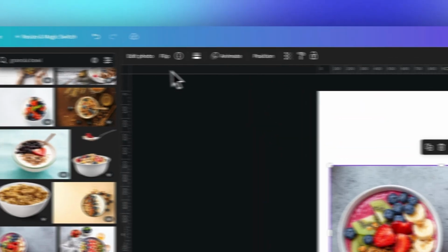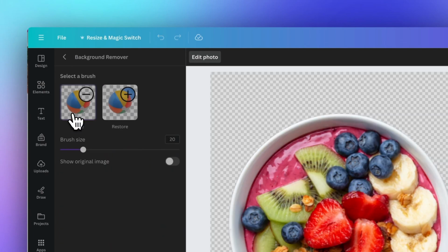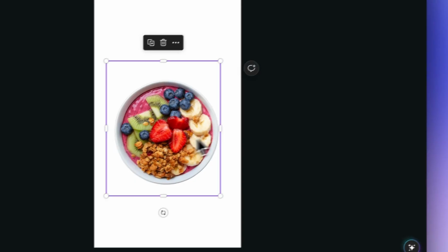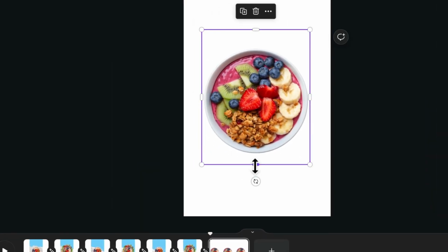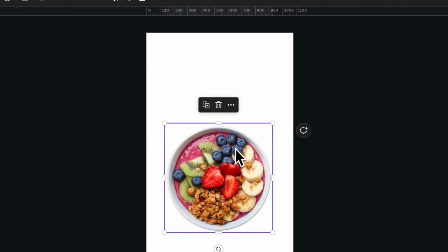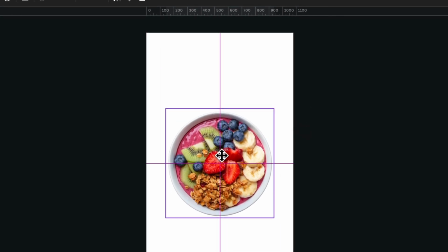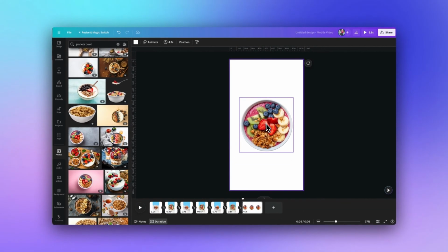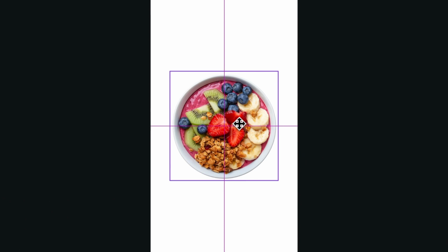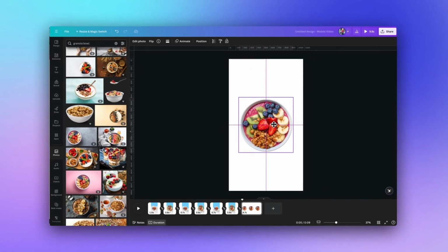I need to remove the background, so I'll just go to background remover, and then once I've removed the background, I'm just going to tidy up the edges. I just do this so it's easier to select and doesn't get caught with other images, because we're going to be adding quite a lot of layers and assets onto this design. It's exactly in the middle, and you can tell it's exactly in the middle because you get the red